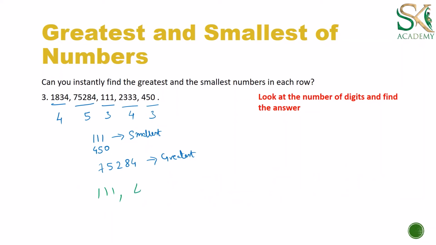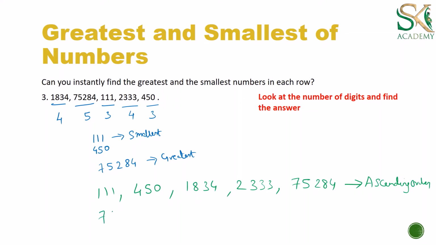111, 450, now 1834 and 2333, 75,284, right? So now as this is increasing in order, we call it to be ascending order. Now if you write the other way,